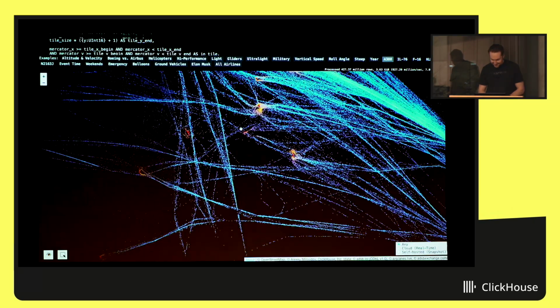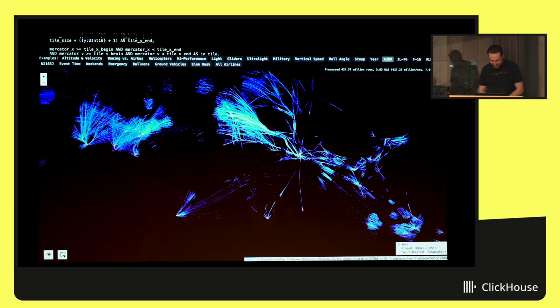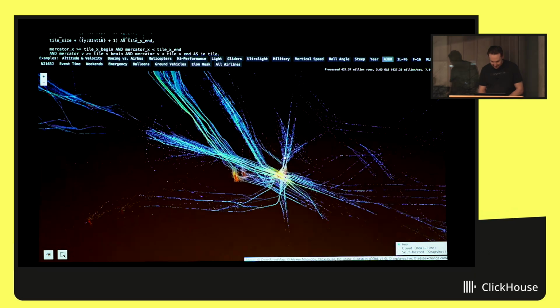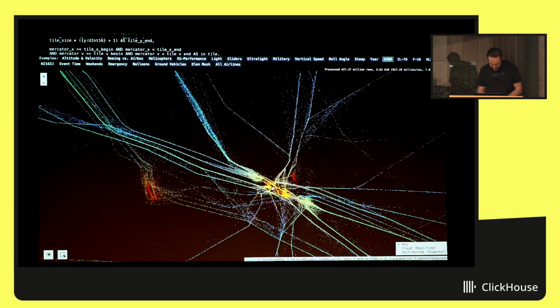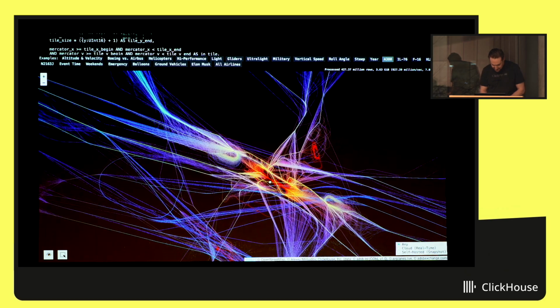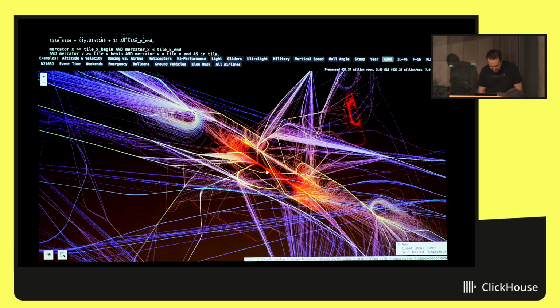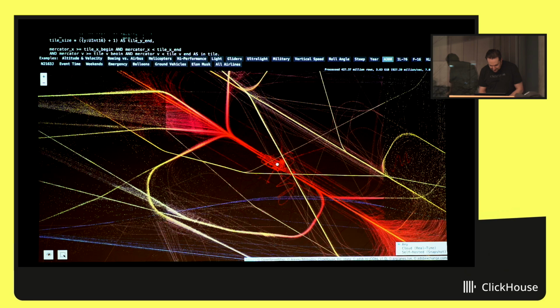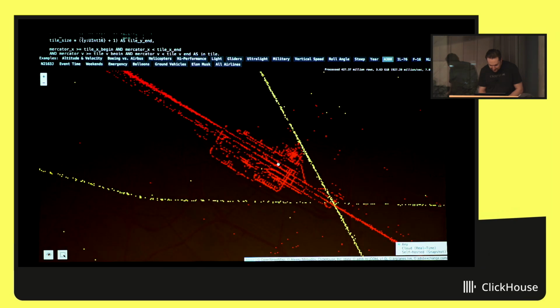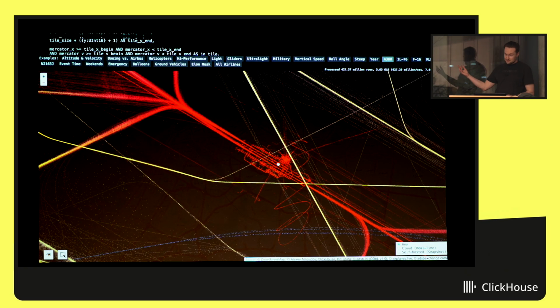Like, let's zoom into the place where there are many A380s. They are particularly popular in the Emirates. Yeah. And let's zoom in. Whoa, did you see that spiral? Yeah, there is some interesting spiral, and probably it's a demonstration flight to maybe some exhibition, maybe some public event when they do interesting stuff using their fleet.